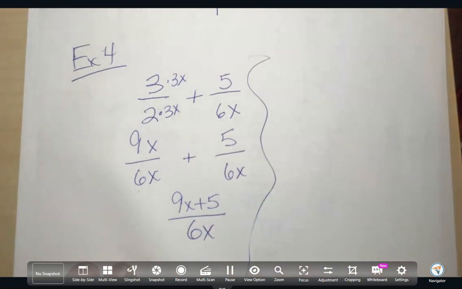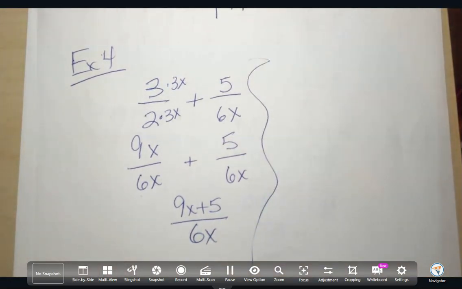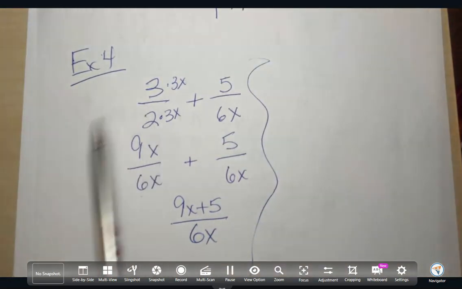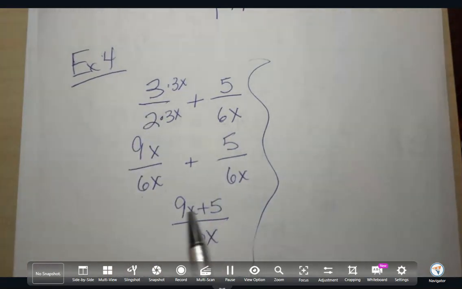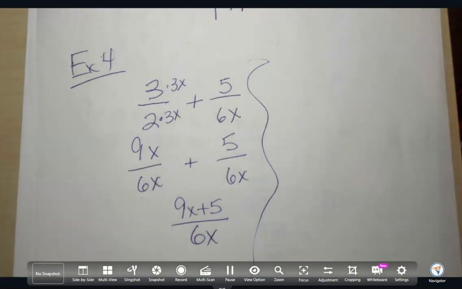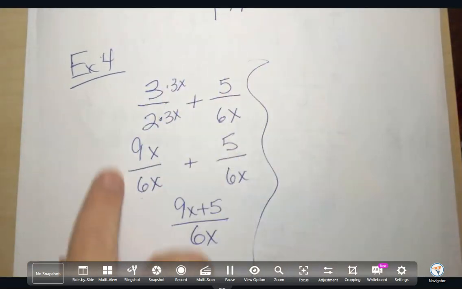We're going to do a lot more of these, or you will see these in pre-cal. But that just kind of gives those people who are good with adding fractions. Here's one. It's going to kind of show you why we need to be able to do it without a calculator, because we definitely can't do it